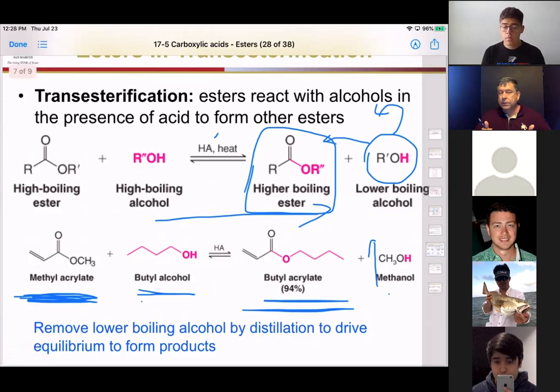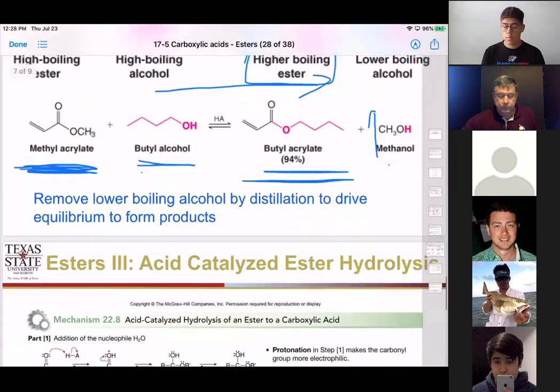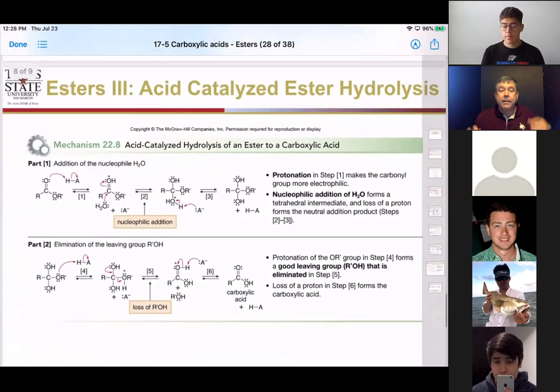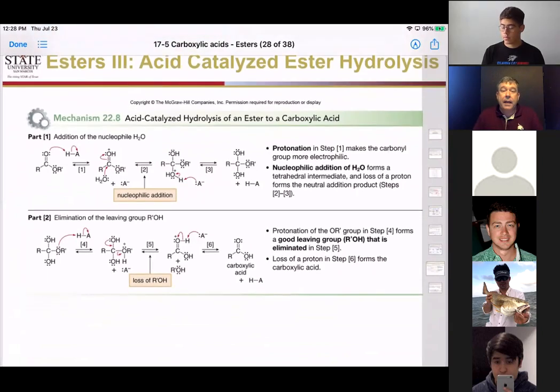Okay, questions on that? So these hydrolysis, transesterification, and esterification steps are all in equilibrium. Because of the reactivity and the basicity of the water and the alcohol, you have to play some games to drive your equilibrium where you want it. Okay, so if we looked at the mechanism of that acid catalyzed hydrolysis of the ester,